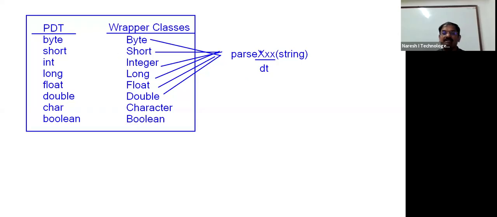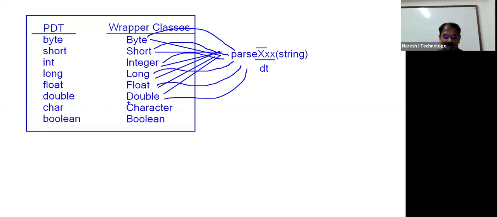Tell me, parseByte: B small letter or capital letter? Answer fast. Capital letter. In the method name, the second word's first letter is capital, since in a method the first word's first letter is small. Byte.parseByte, Short.parseShort, Integer.parseInt, Long.parseLong, Float.parseFloat,